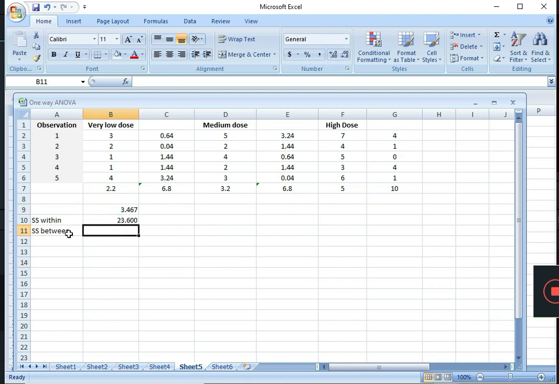Now SS between is the deviation from the grand mean, deviation of this mean minus the grand mean, and square of this. But if we need to add all these things, we have to use a few more brackets, because we need to multiply it with 5 also. 5 into this and one more bracket.